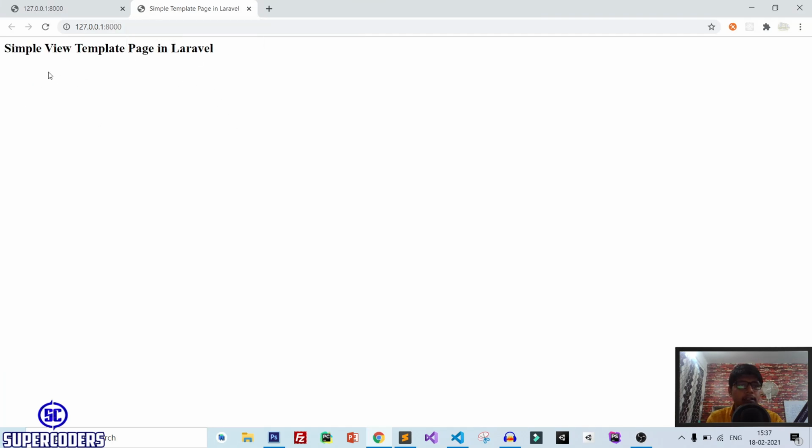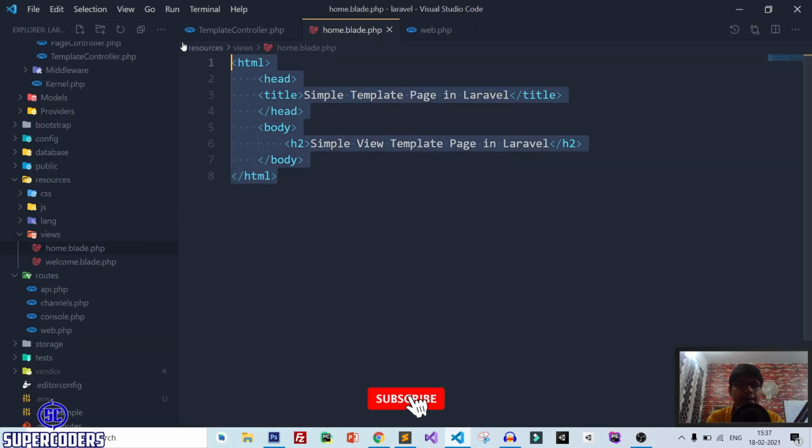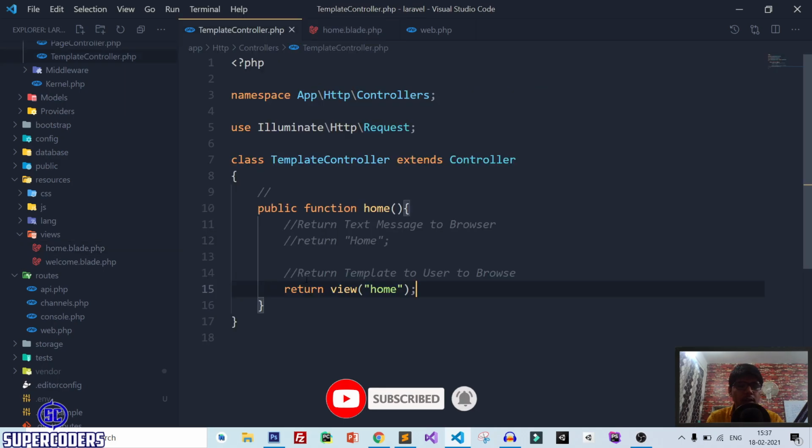You can see the title and the body of our page. In this way you can create a simple template page in Laravel and return the template page to the user using the controller. You just need to add view and pass the template page. You don't need to add .blade.php when you are returning the view or template page.